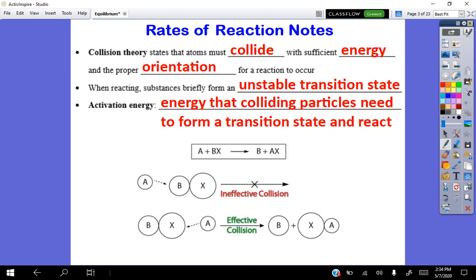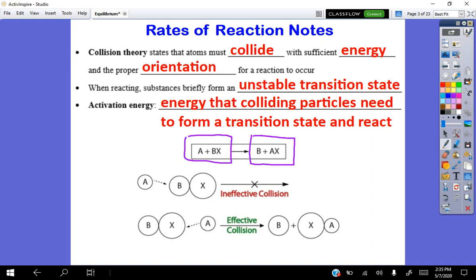If we look at the reaction below, the reactants A and the compound BX must collide together in order to form a new compound AX plus B. In order for this to occur, when the molecules strike each other, they must strike each other with the correct orientation or direction. If they don't have the correct orientation, the bonds will not break and the products will not